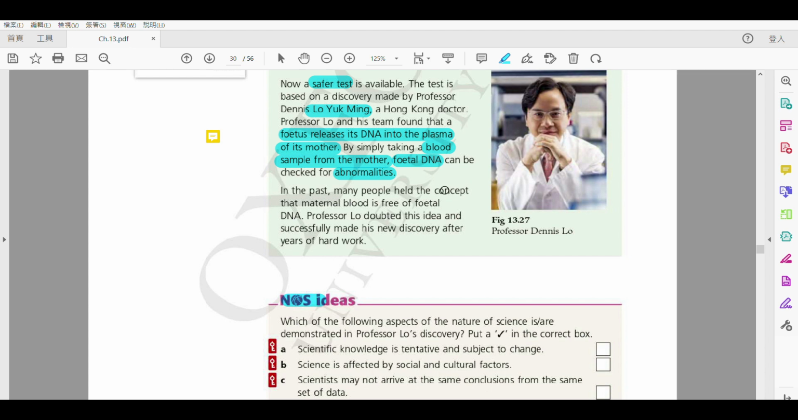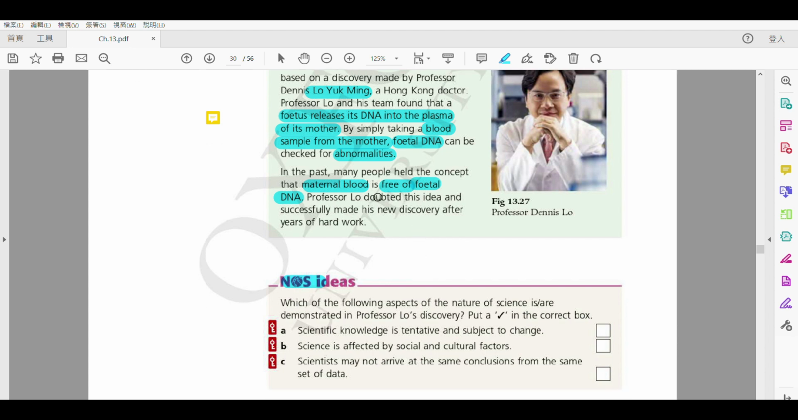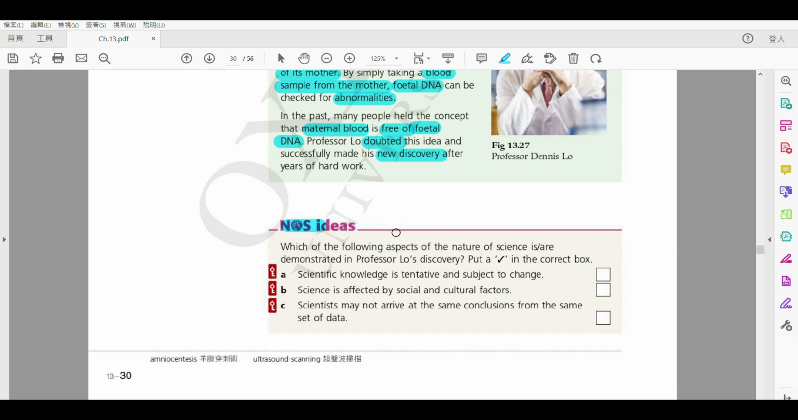Alright，好啦，so in the past 我哋會覺得啦，we have the concept that maternal blood 即係 the blood of the mother 啦，have no fetal DNA 嘅，free of 即係代表冇啦，得唔得？free of 呢個 fetal DNA 啦，但係啦呢一個 Professor Low 啦 doubted 佢懷疑過呢個 idea。然後啦，就 make this new discovery 就發現咗，discovery 係發現啊，alright，and then 就 make this new discovery 啦，就有呢個新嘅發現啦。